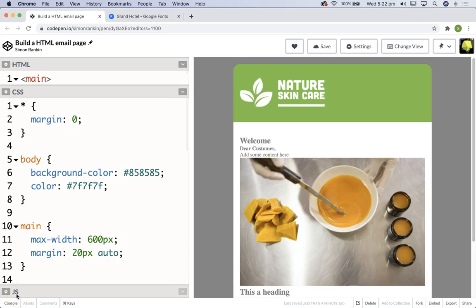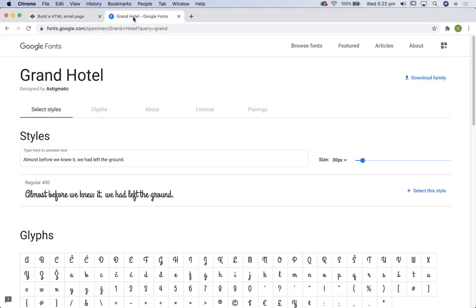Okay, let's finish off coding our HTML email newsletter. Just a few things to do, mainly around typography. And let's start this video by going over to Google Fonts and getting the code to load up those fonts in our browser. So the first one, the kind of display font that I've got, for better or worse, is